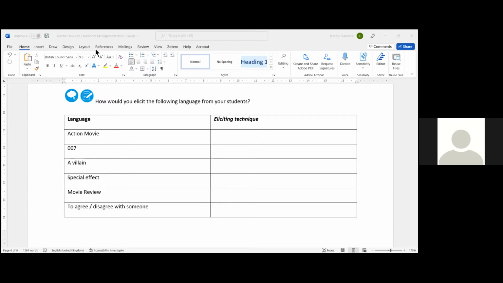Possibly it's a good idea to not use the target language in the question. So if you put the word action into the question, that actually answers the question. So maybe what kind of movie has got lots of bombs and explosions and things going on? Or as you said, can you tell me the type of movies that you like? What movies do you like? Good. Okay. Subject 007. What could we do there?